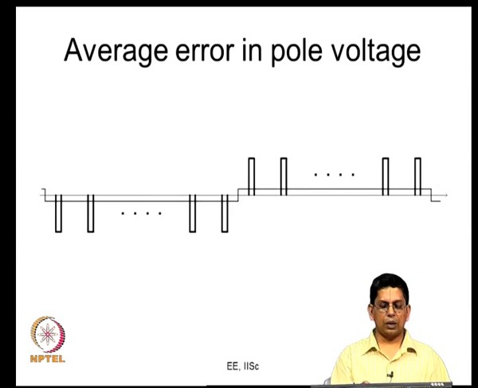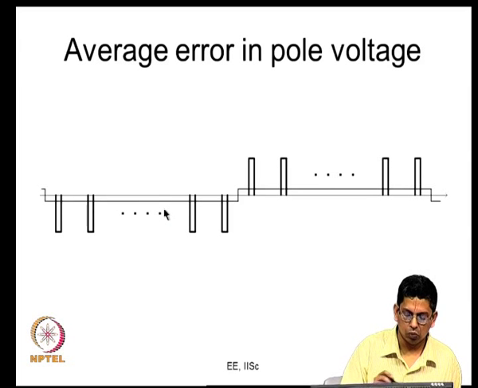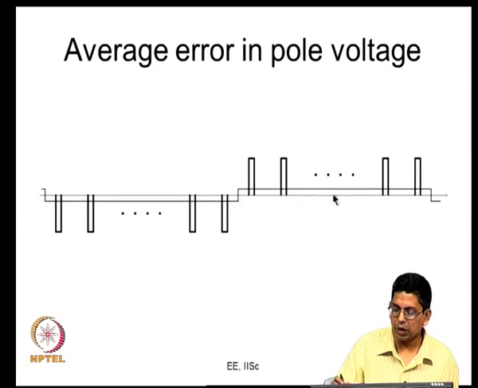Alright. So, now these pulses are repeating everywhere. This is once in every carrier cycle, so it can be averaged over a carrier cycle. Incidentally, it has the same height and the same width in every carrier cycle, and therefore it has the same average value in all the carrier cycles. So, you can actually approximate this by a square wave.